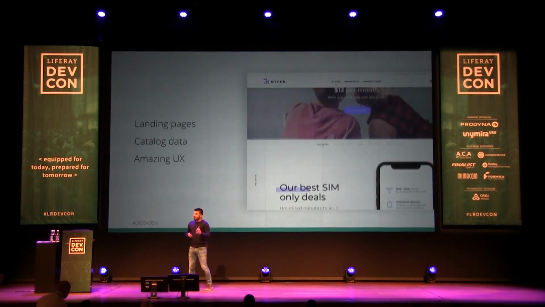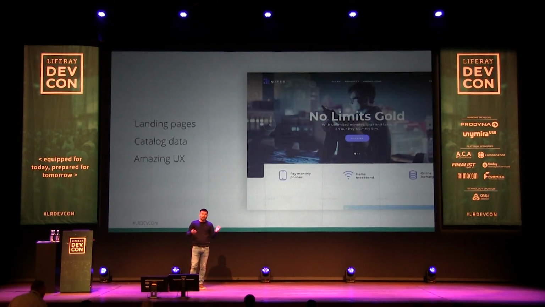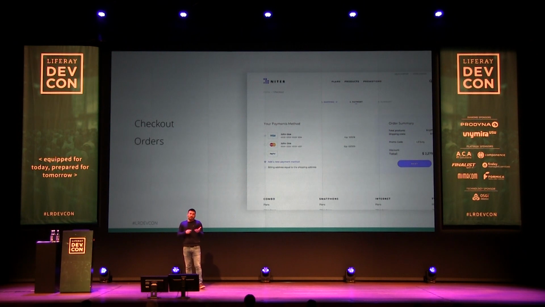But now, once we find the product, without switching the context of the user, so keeping them in the same platform, we are able to create an order, right? We can check out the order, choosing different payment methods and shipping methods, and actually we get the final order and we can track the status on the same platform.